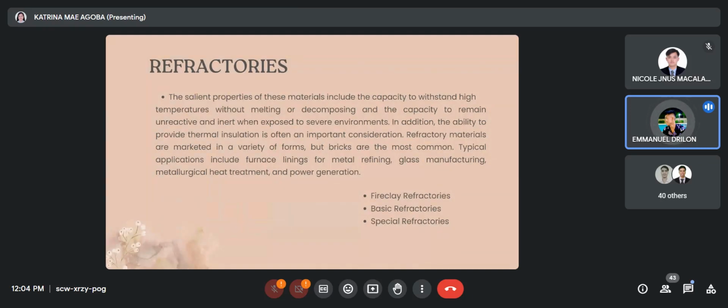So dito naman sa refractories is, ang mabibigay mo ang best example ito is yung mga furnace, which is made of bricks na kaya niyang i-withstand yung high temperature. Yun. Tapos next,